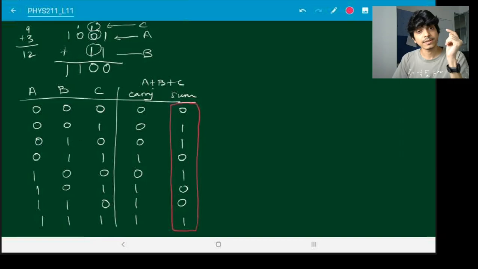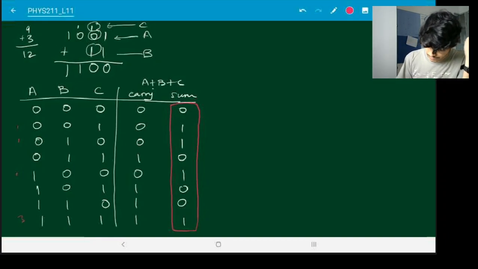For an XOR gate, multiple inputs will give you an output of 1 if an odd number of inputs are 1. So you will notice over here all of the cases where there is an odd number of 1s. So this has 1 one, this has 1 one, this has 1 one, this has 3 ones.